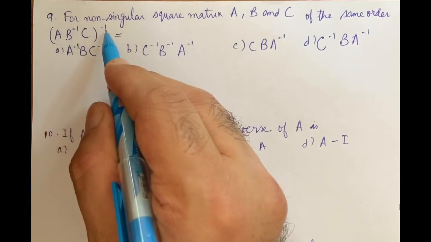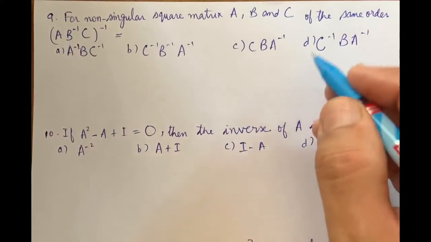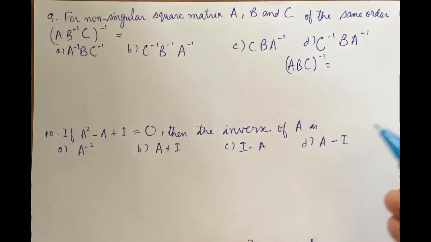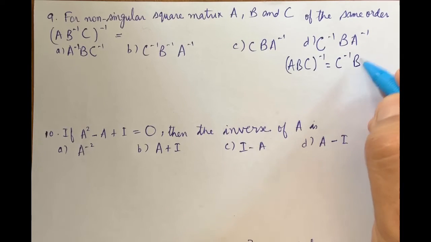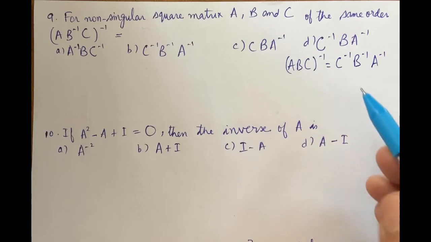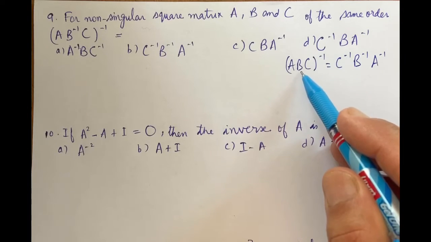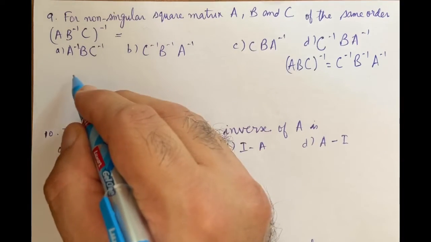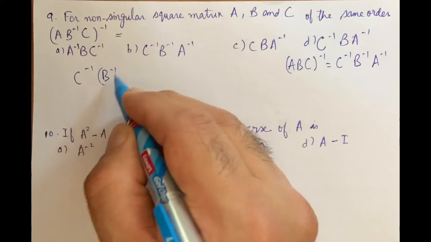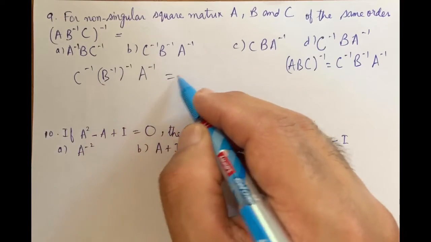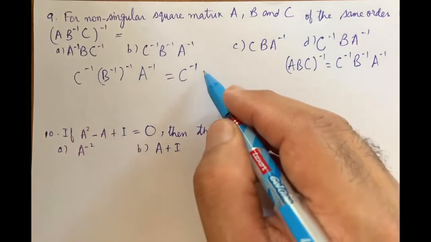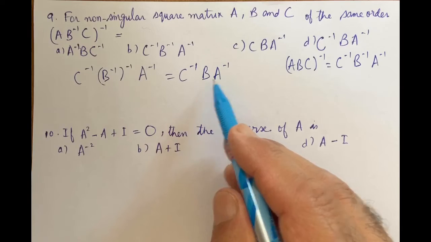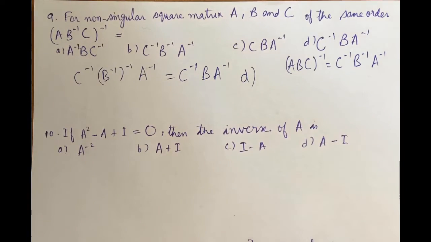We have to find inverse of A, B inverse C. So we know A into B into C inverse is equal to reversal of our inverses, C inverse into B inverse into A inverse. That is, inverse of product is product of inverses taken in reverse order. So this is equal to C inverse, B inverse, whole inverse into A inverse. That is C inverse, B inverse is B into this is A inverse. So this is C inverse into B into A inverse. So this is the answer.